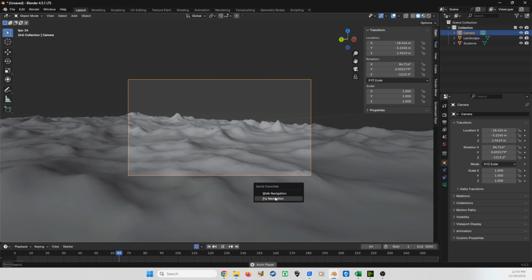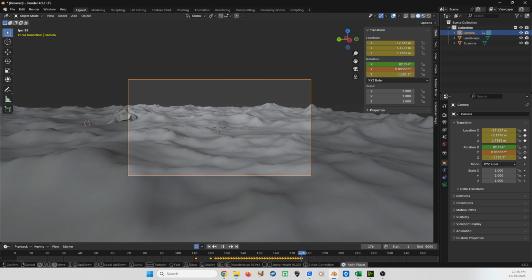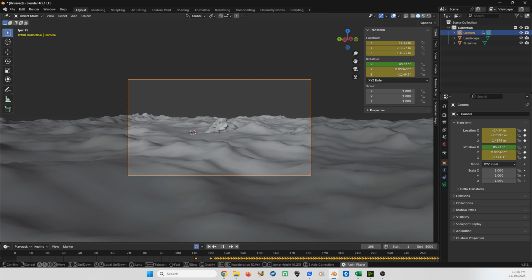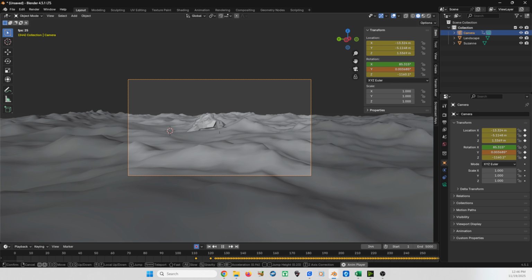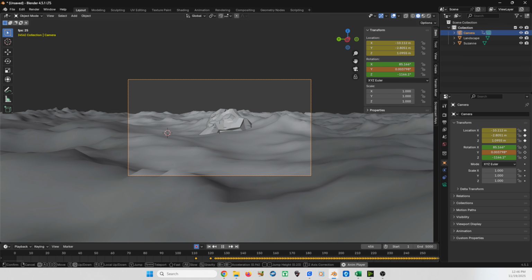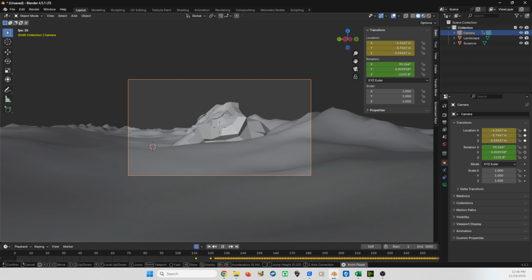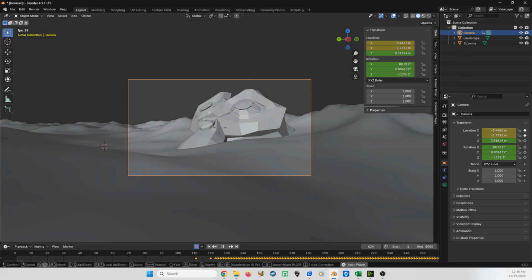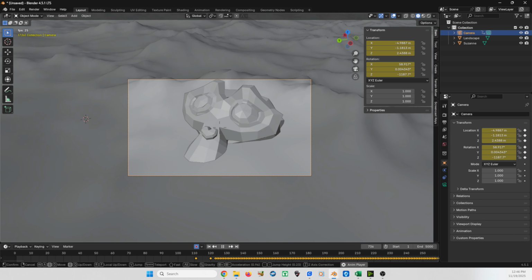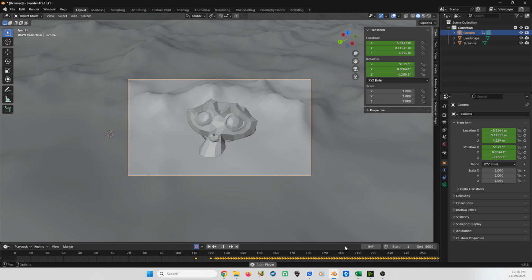We'll hit Q, and I'm going to use the walk navigation, and then I'm just going to start flying around like it's a drone, and then the drone notices our large monkey sculpture buried in the mountains, and we're just going to move over to that, kind of go up and down, just try some different things to see what looks nice. And we're just going to get closer to observe this amazing discovery of the monkey statue buried in the ground. So fly around, do a little bit, and once you've got a little data to work with,